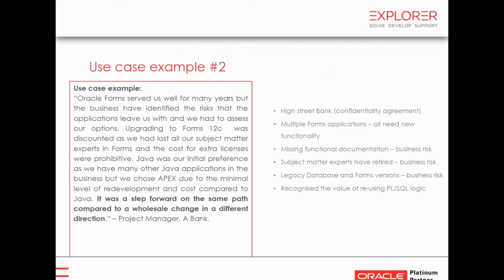I can't tell you who this one is, but a large high street bank. Many of you will bank with them in the UK. Their key driver was risk. They were on a legacy version of Forms, and they were considering upgrading to 12c, but they discounted it because of the cost of that upgrade, both from a development point of view and from a licensing point of view,